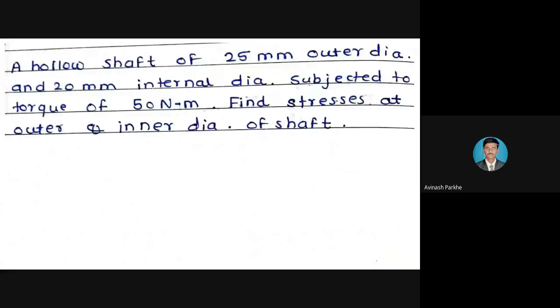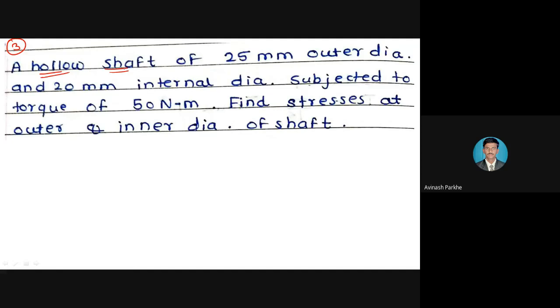Now, third numerical. It is somewhat different from the previous two. Okay, so read the statement. A hollow shaft, the type of shaft is mentioned in the starting only. Yes, answers are correct. Those who are representing the answers in the chat box, their answers are correct. Torque 3.60 and the power 67.85.